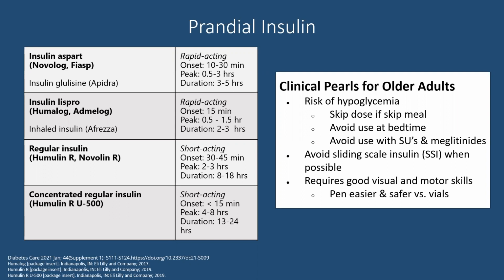You want to avoid sliding scale whenever you can in an older adult, simply because it's complicated. You have to check a blood sugar, you have to draw up a dose. It just really complicates regimens and really potentially exposes the patient to hypoglycemic reactions. So on the Beers criteria, they talk about not using sliding scale by itself. If you use it in conjunction with long-acting insulin, it's okay in some cases, but in our clinic, we really try to avoid complicated regimens like that. Next slide.